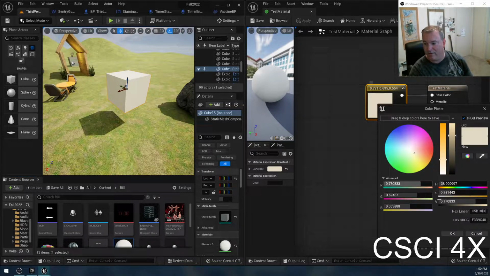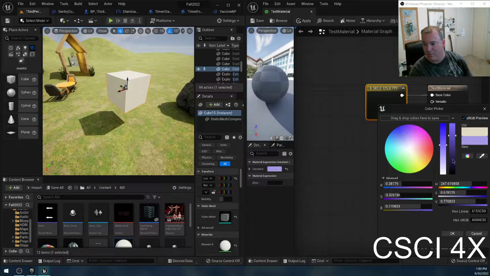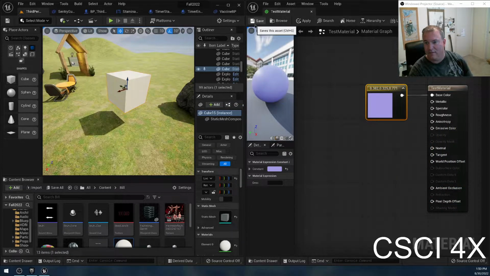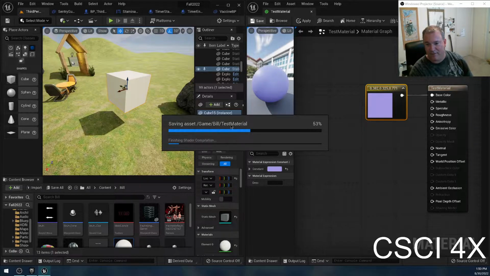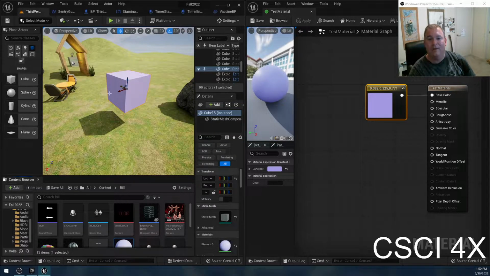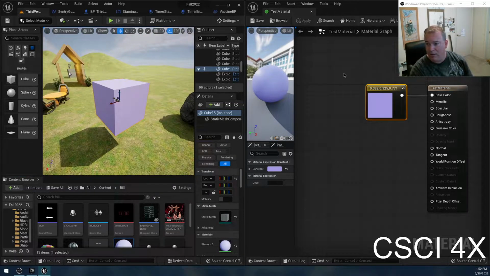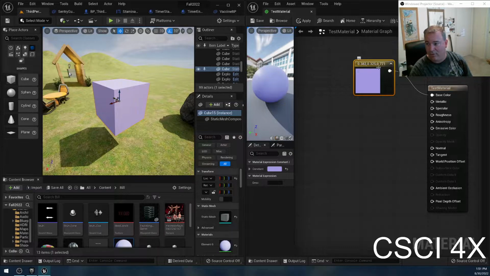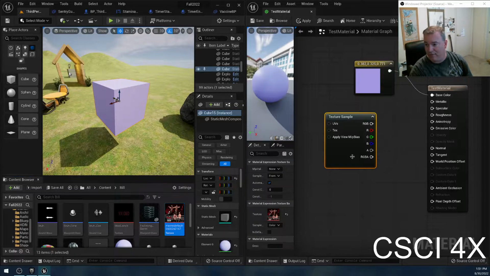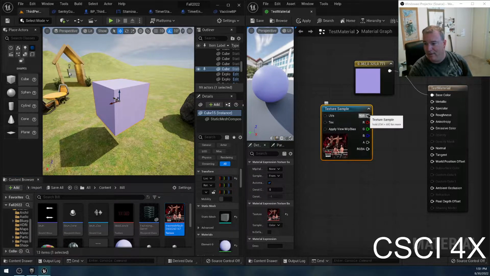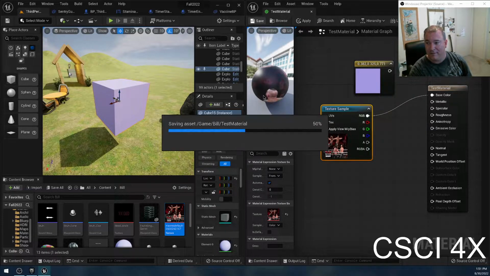Double click on the color picker, and we want it to be some sort of purple, lavender color. Hit save. It compiles the shader, and then it's now a nice lavender color over here. So you can pick any RGB color you want, and it will appear on the cube. Or you can import a texture. If you just drag a picture in, it'll actually do what's called a texture sample. And if you hook that up to the base color, then see,